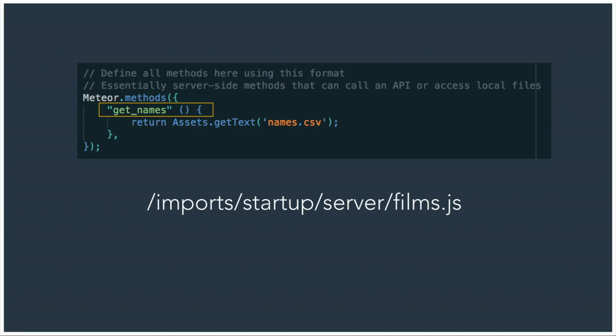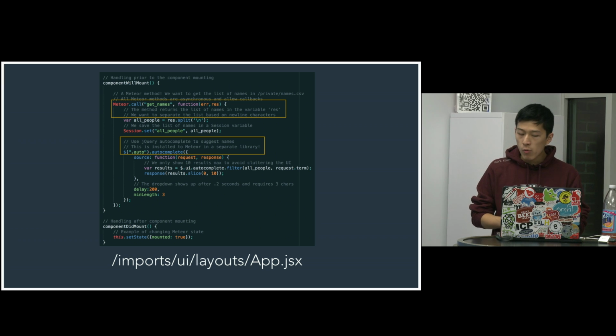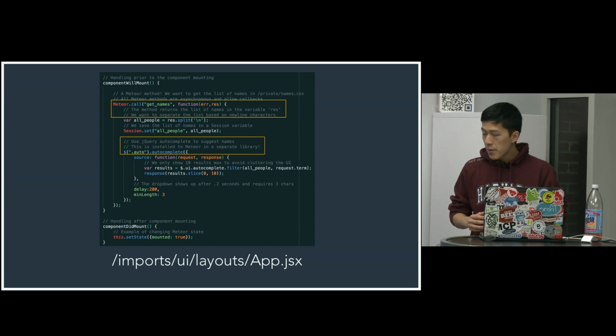And the server function looks like this. It's in a file under imports/startup/server/films.js. And here, we're able to define in something called Meteor.methods a function called getNames that simply takes in no arguments but loads in a local CSV file of names, presumably actor names, that are in our local project directory. And by running Meteor.call getNames, what we're able to do is conceal all of